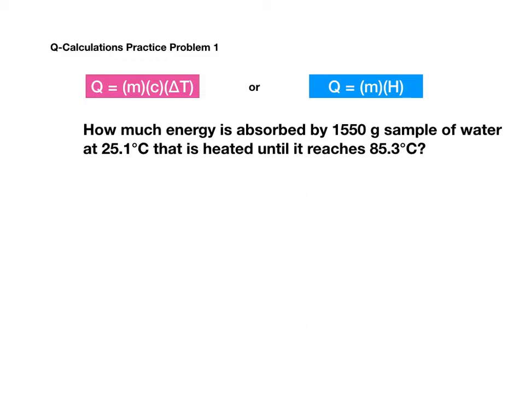Q calculation practice problem number 1. Your task is to learn to read through these practice problems and figure out first which Q equation you should use to calculate the desired answer. So here is our first problem. How much energy is absorbed by a 1,550 gram sample of water at 25.1 degrees Celsius that is heated until it